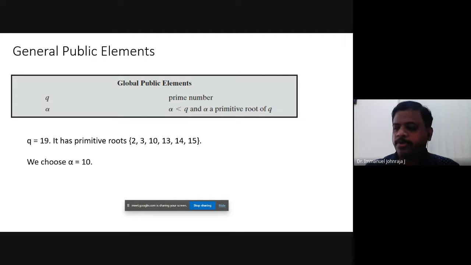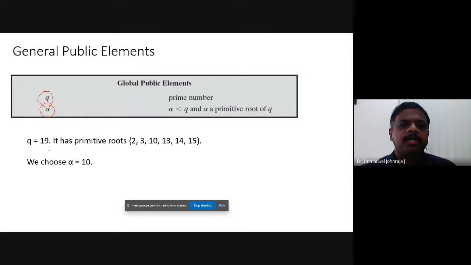What is that primitive root of Q? If you take alpha power 0, then alpha power 1 mod q, then 2 mod q, up to alpha power q minus 1 mod q, and you calculate, you will have all the values ranging from 1 to q minus 1 in some permutation, right? So that is what the primitive root of a specific value called q is. So alpha is taken. So q and alpha are not new to us. These are the two values for global public elements. All right. In parallel, we'll also have some sample calculations for our understanding.